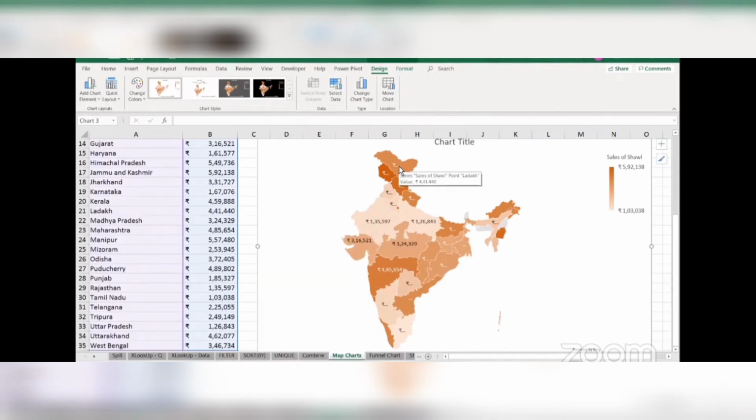You can have any type of data. You can have sales, profit, quantity, and so on. And you can have states, you can have countries, you can have continents, you can have cities. Anything is fine as long as it is a geographical level of data. So you can create filled maps based on any geographical data that you have.